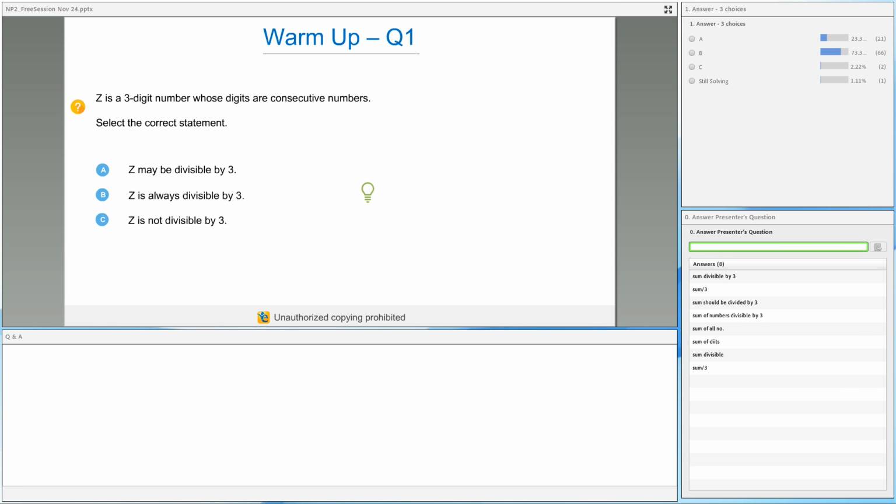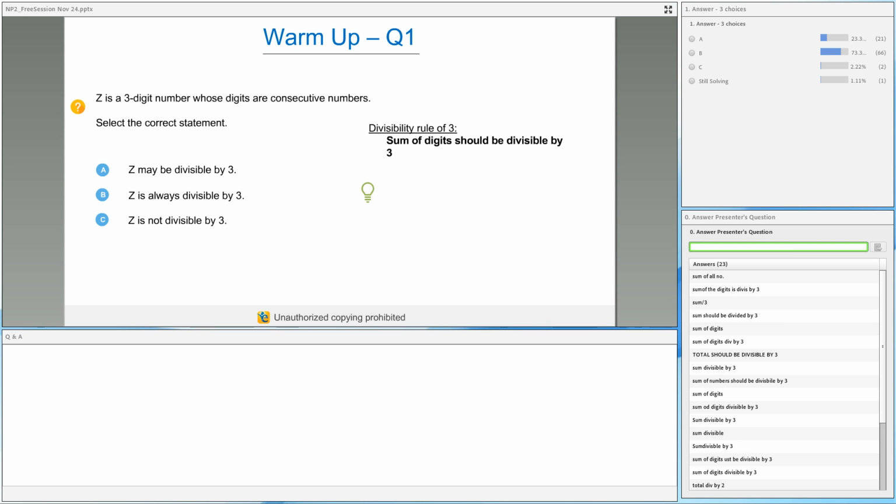Okay, sum of digits. Yes, that's absolutely correct. So if I want to find out if a number is divisible by 3 or not, what I need to do is I need to remember this rule, which is sum of digits should be divisible by 3. Now I've been given that Z is a 3-digit number, and these digits are consecutive numbers. So what I can do is I can assume the digits to be x, x plus 1 and x plus 2. Now if I add these digits, x, x plus 1, x plus 2, I'll get 3x plus 3,